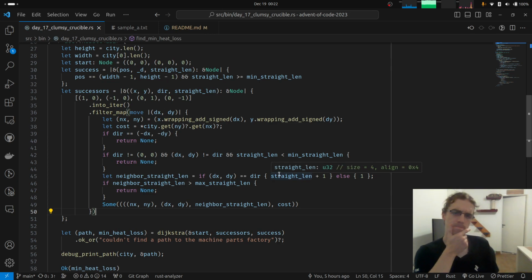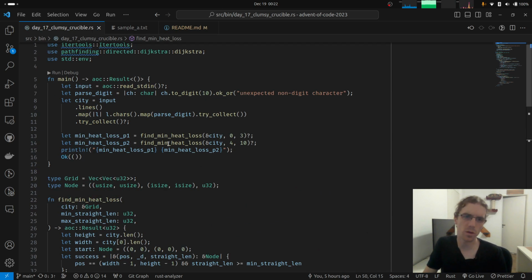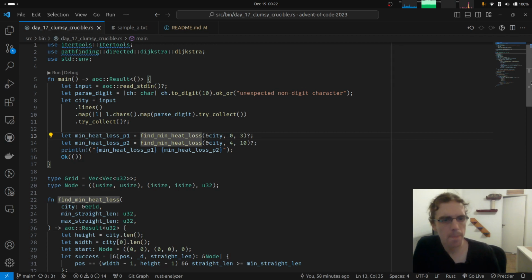So I'm now wondering, does it make sense to use my own Dijkstra? I don't know. And does it make sense to parallelize this?